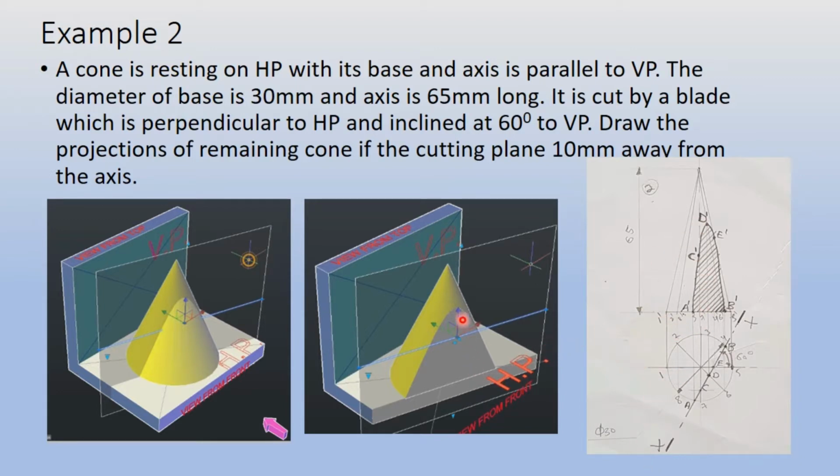So please don't make a mistake. In this scenario, I am cutting from this side, but I have drawn by assuming that the section plane is passing this side. So either way, this problem is correct. You can cut from this side or this side, but it should satisfy two conditions: it should be inclined at 60 degrees, and it should be perpendicular to HP, which you can now see on your screen in this fashion or in this fashion. Both are correct.